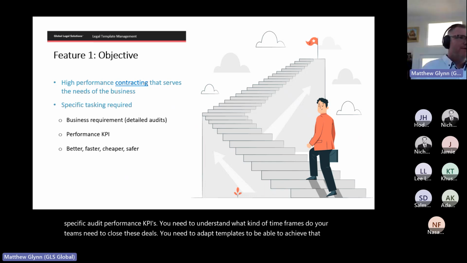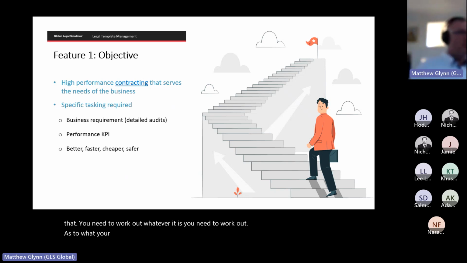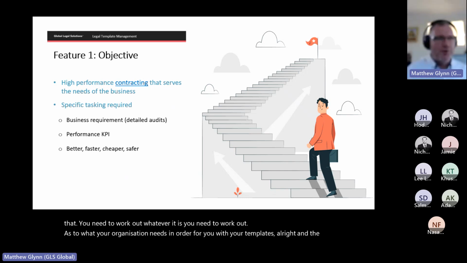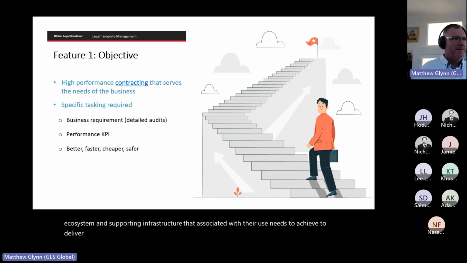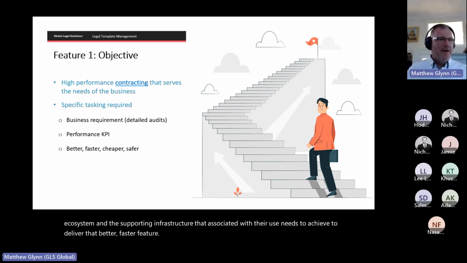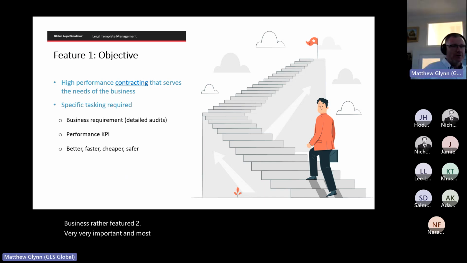You need to work out whatever it is you need to work out as to what your organization needs in order for you, with your templates, right, and the ecosystem and the supporting infrastructure associated with their use, to achieve and deliver that better, faster business.